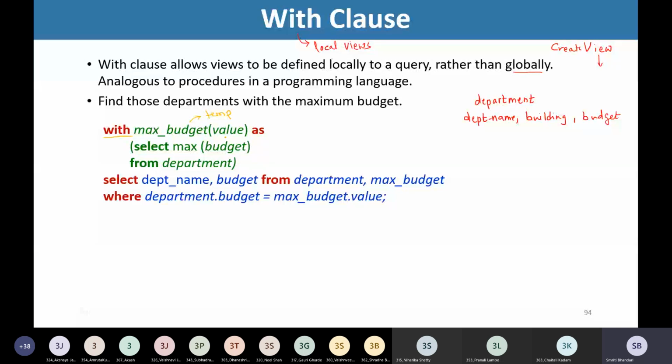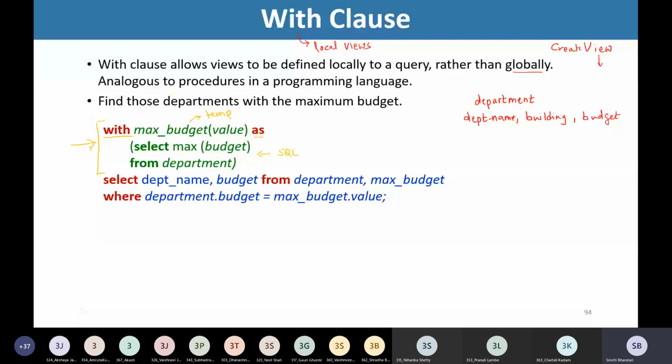Here in this temporary relation we will have only one attribute named value. We use this as clause to define what we want in that relation by making use of an SQL statement. What we want in this relation max budget is the maximum budget from all the departments. So we write select max budget from department, right?